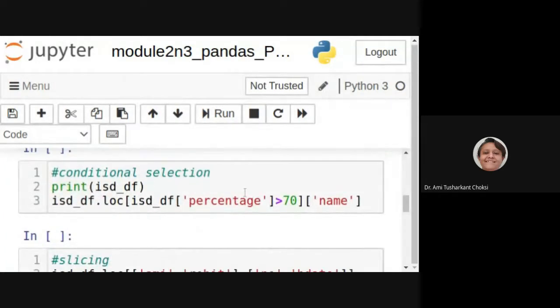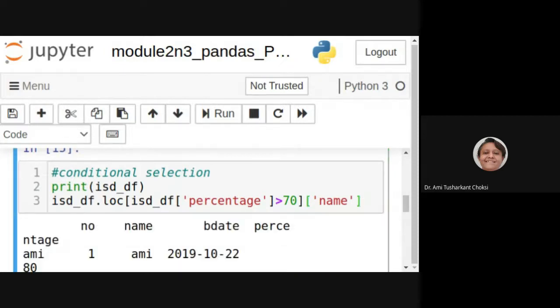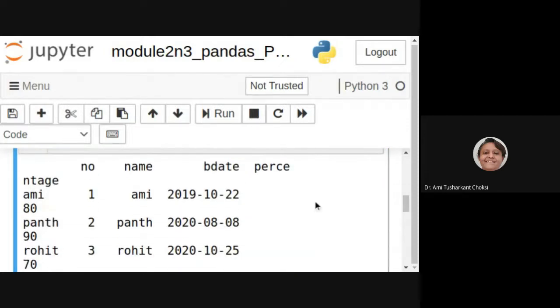Now, conditional selection. For the percentage column, what we want is it should be greater than 70, right? And what we want is the name for that. So what is the name?